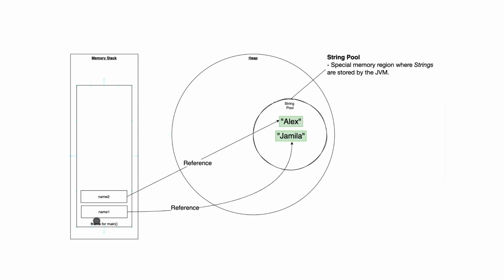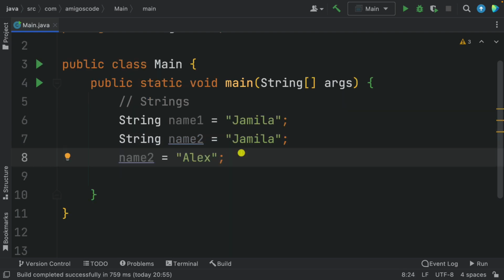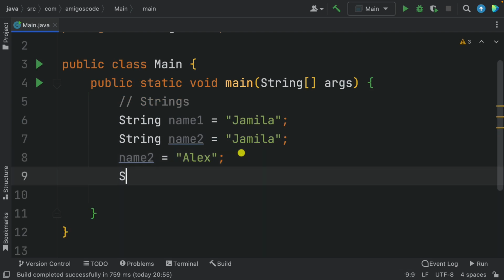So in here, you can see that we have name1 points to Jamila within the string pool, and name2 also points to Alex within the string pool. Now, both Alex and Jamila, they are within the string pool because of this syntax of defining strings. Now, there is one more way for us to define a string. So here, I'm going to say string